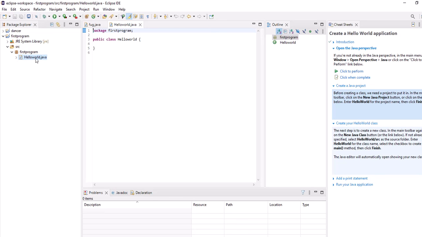And I've got a class in First Program called Hello World, and it's completely empty. And if I wanted to, I could start putting some program code in here. And when I finished a program,